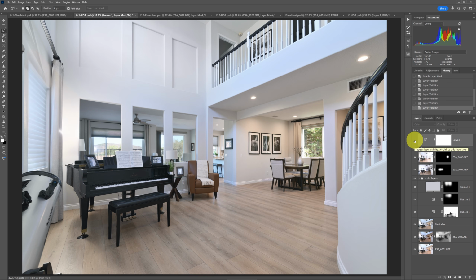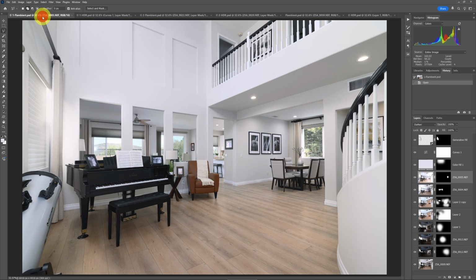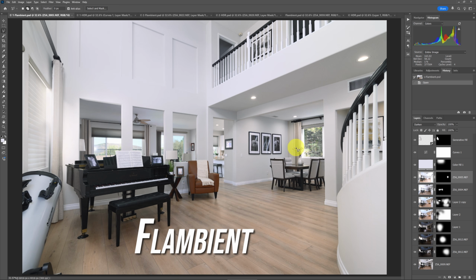Easy enough. And then some final color corrections. So this looks good, and for a lot of real estate listings, this would be fine using this method. Now, using the Flambient method, we've got something that is of a higher quality, but it has more layers, and